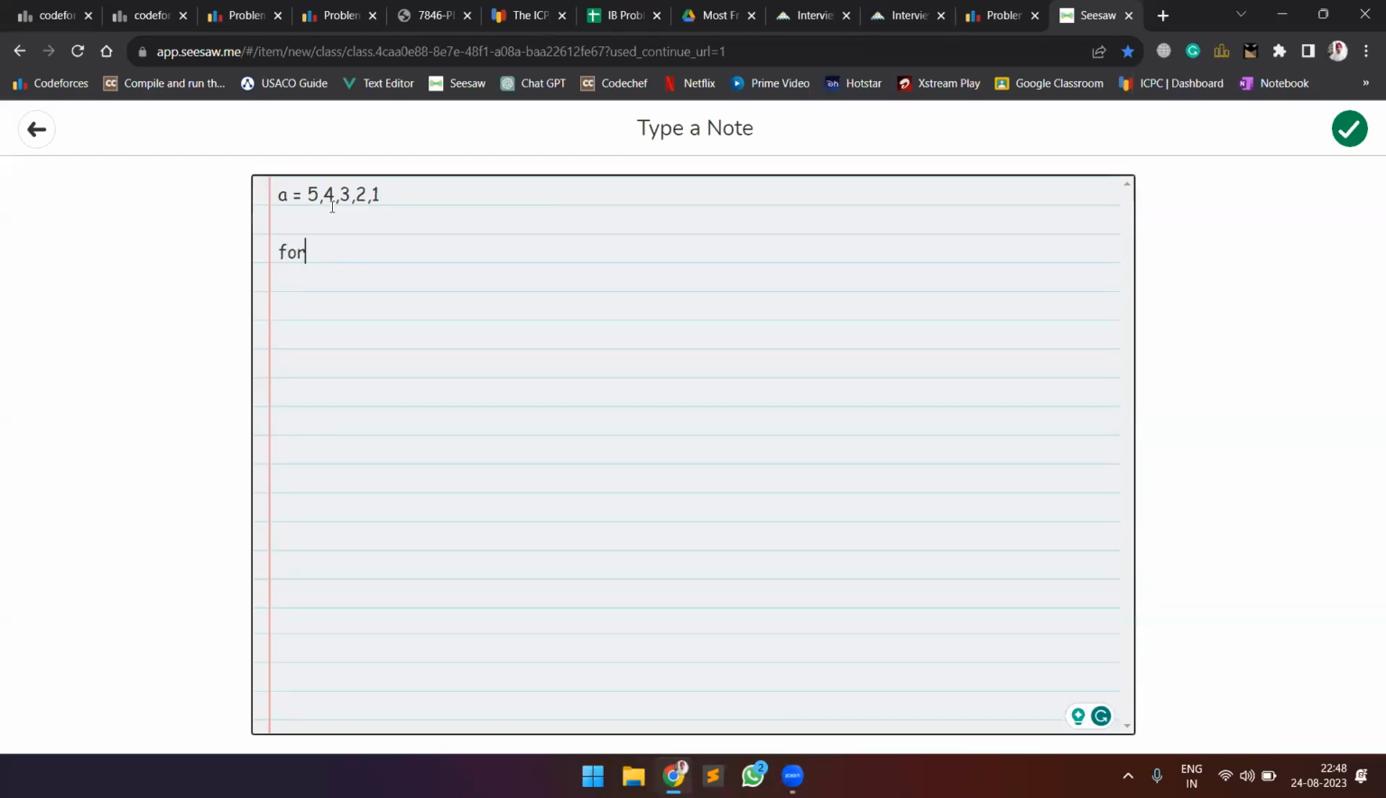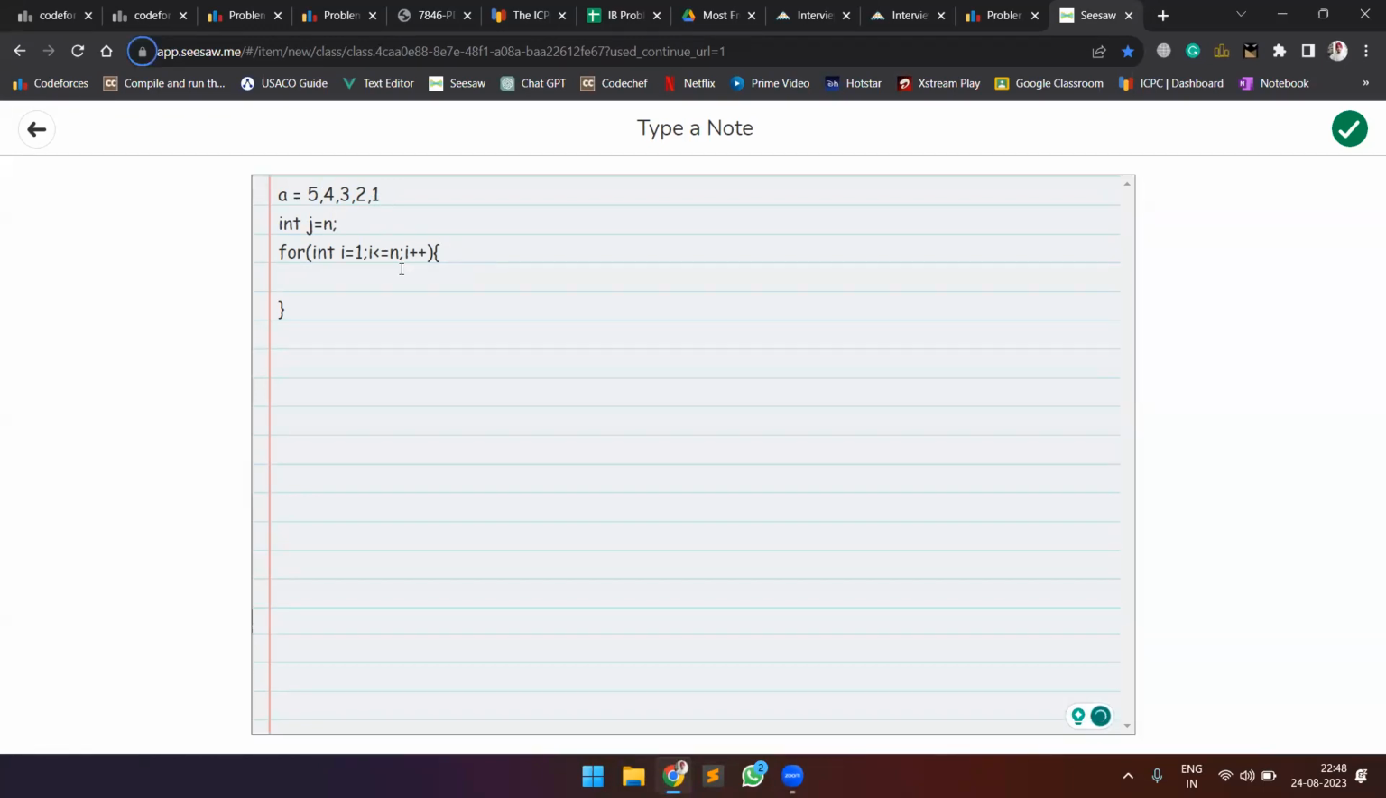So if I want to check, for each of the numbers for int i equal to 1 to i less than equal to n, how many numbers are greater than equal to it? So what I can do is take one pointer, which starts with j equal to n, right? So I have to check what is the first number which is greater than this number i. So what we can do is while